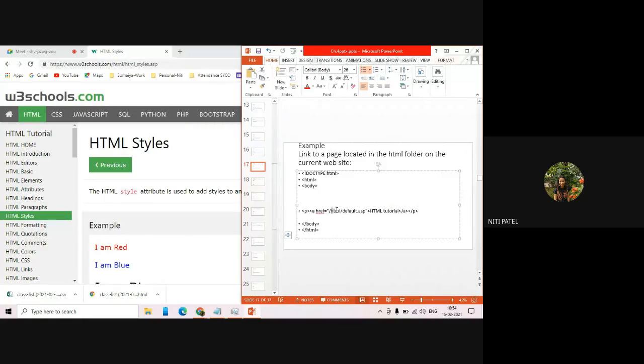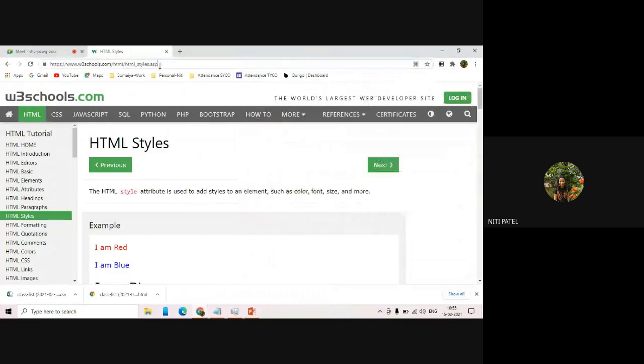Okay. So have you understood? But ma'am, there isn't mentioned the link of the page in which the folder is there. So that is what I'm telling you. I've already opened the current website, and from the current website, if I want to navigate, I will simply add this much part. Now, if you want to see the logic of this, let me show you.